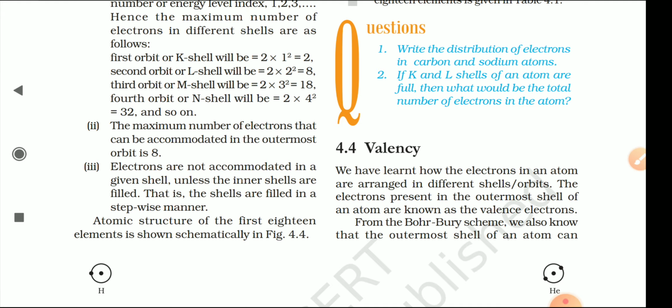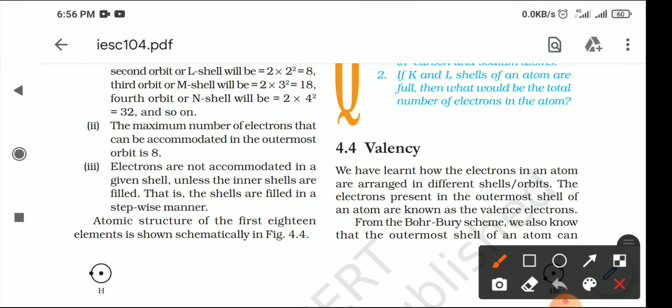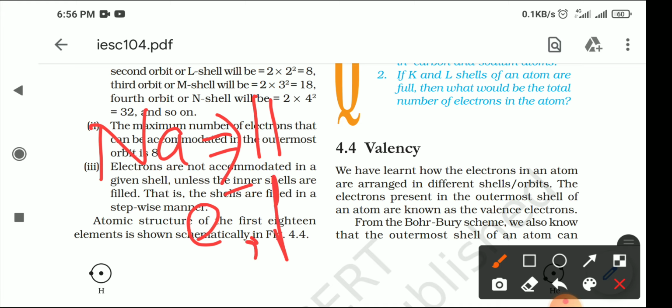electronic configuration means the distribution of electrons in the various orbits. Like sodium: as we know, the atomic number of sodium is 11, it means that sodium has 11 electrons and 11 protons. As you know, atomic number is equal to the number of protons, and the number of protons is also equal to the number of electrons. So that means sodium has 11 electrons and 11 protons.